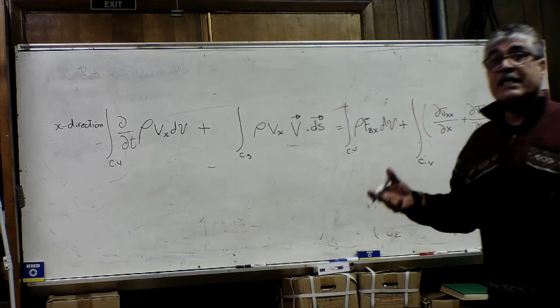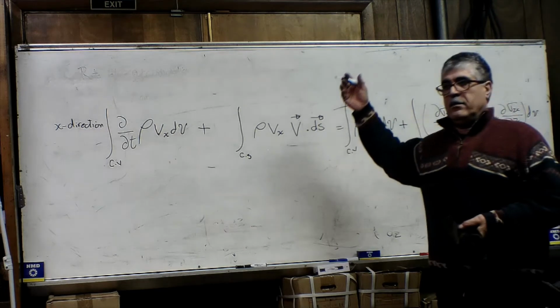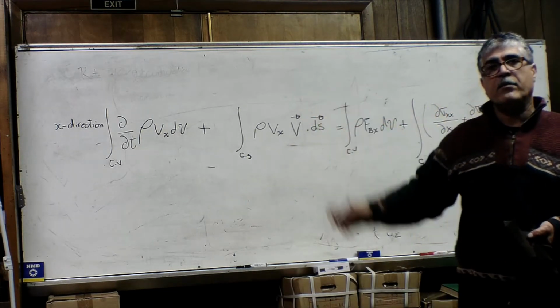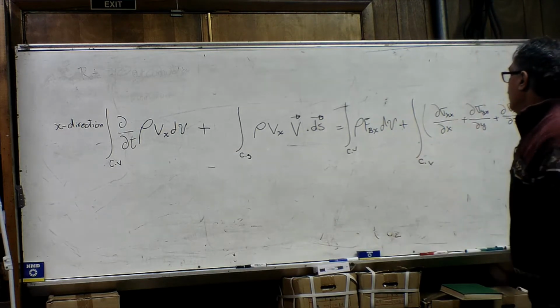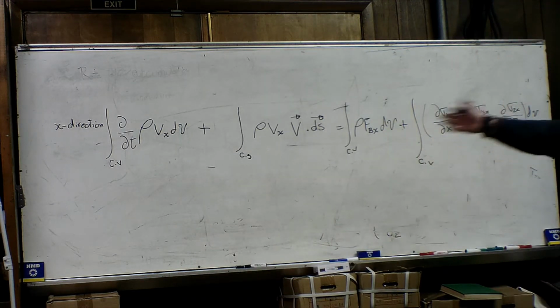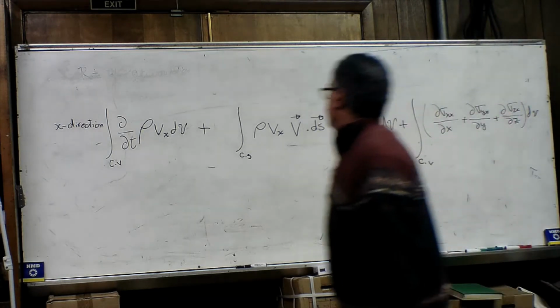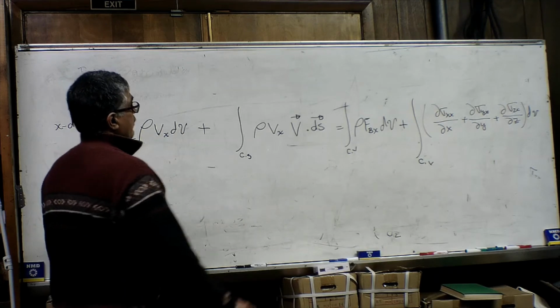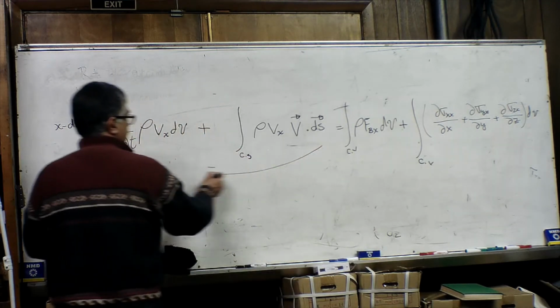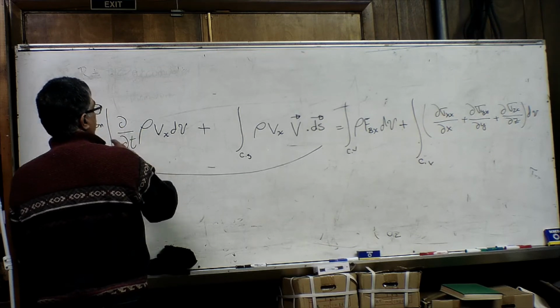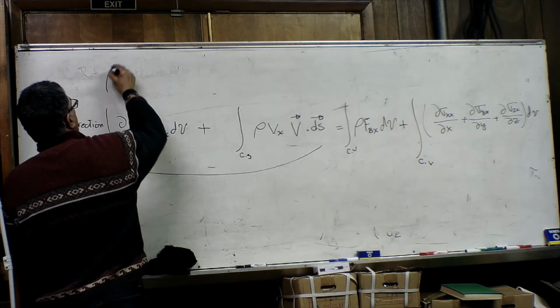Now we have translated that conservation of momentum statement into a formula for a system. Now let's go ahead and simplify this a little bit. We can write this portion as rho